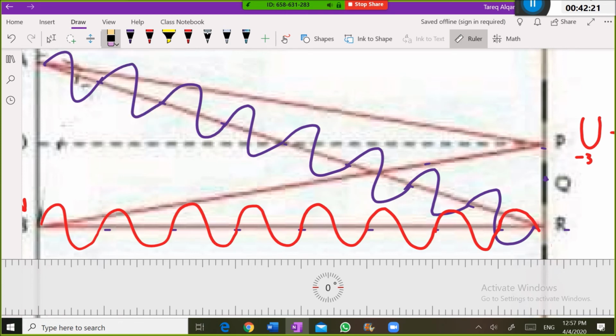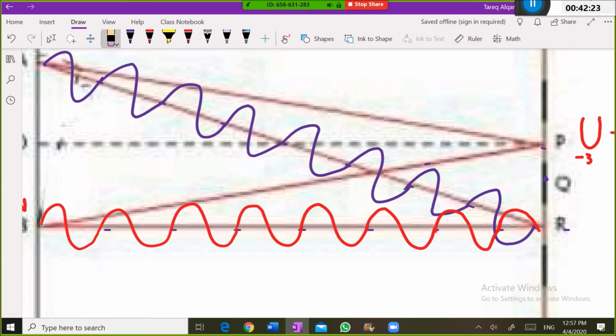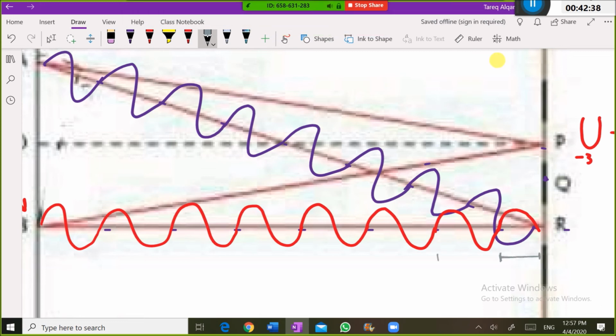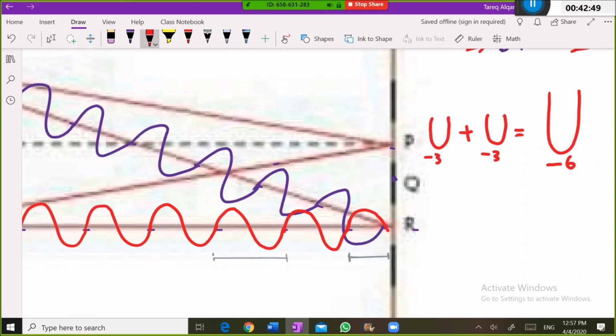I want to show you something. This small part here is not a complete wave; it reaches here as half of the wave, because this is the wave, right? Like this. This is approximately half of the wave. What does this mean here? When these two waves meet at R,